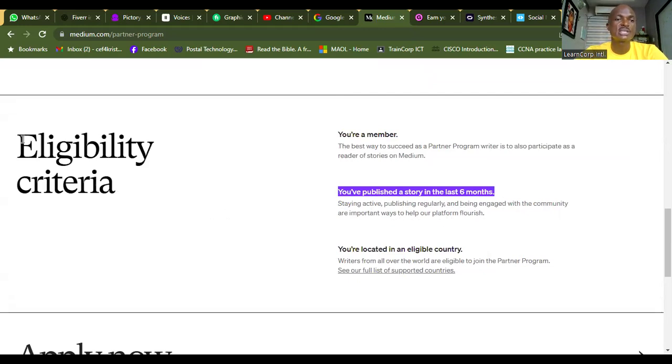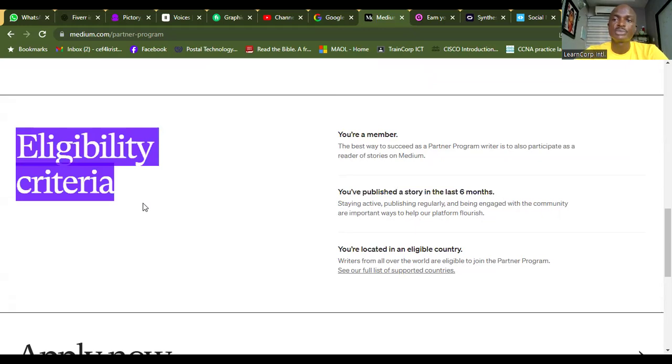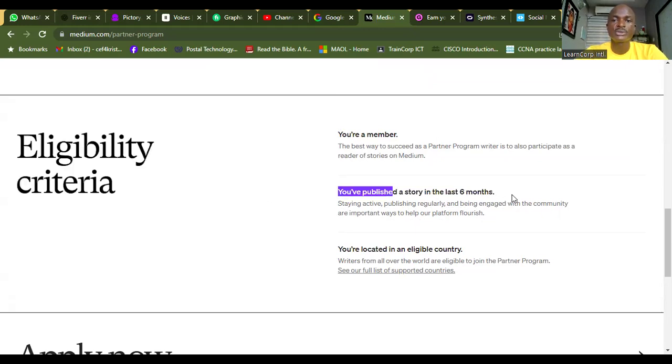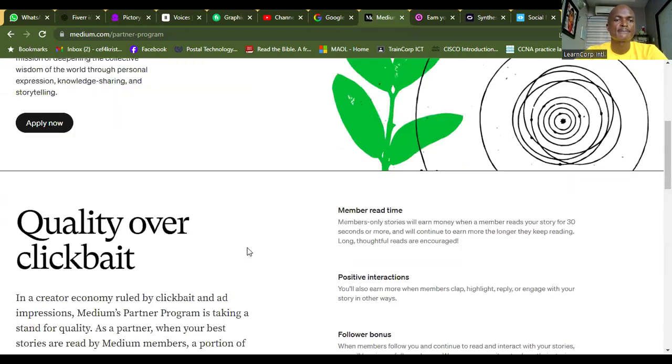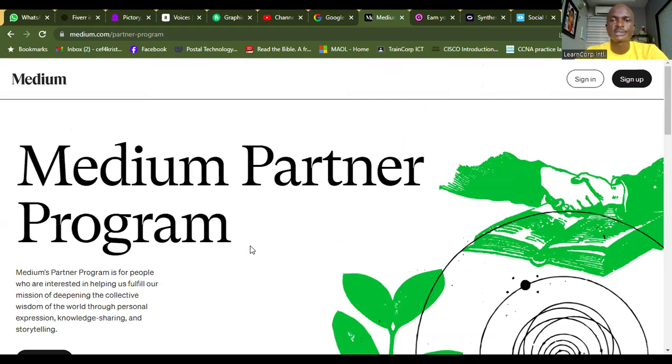So they're telling you what will make you eligible: you become a member, you publish for 6 months, and then your location is not barred. So this is what it looks like. Let me see, what else do we have? So you could write or you could blog, okay?